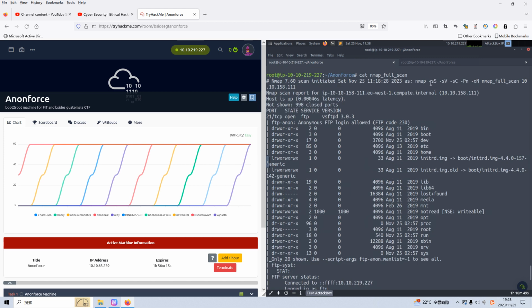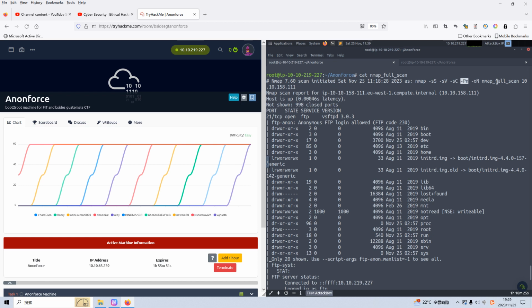I use the options like SYN scan, the version scan, the default script scan, and also the option of uppercase -Pn to specify that we will not do the online testing of the target, and then output the result